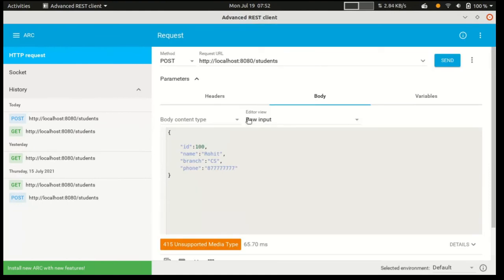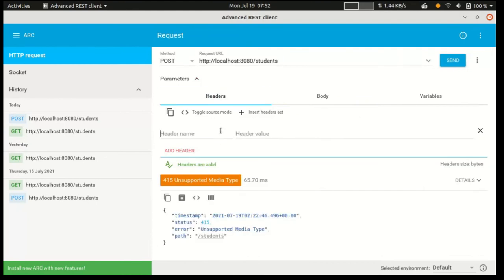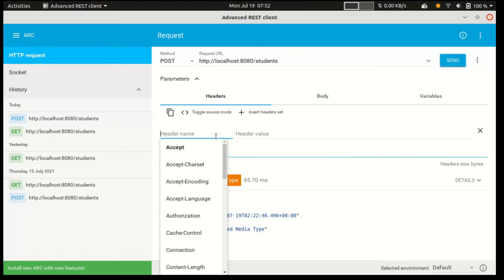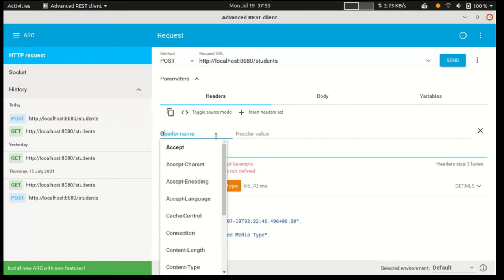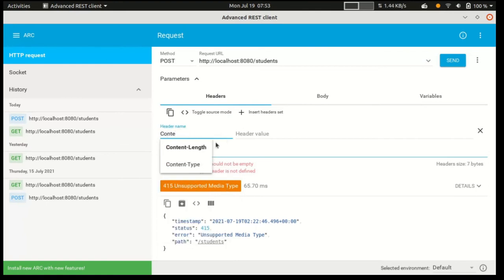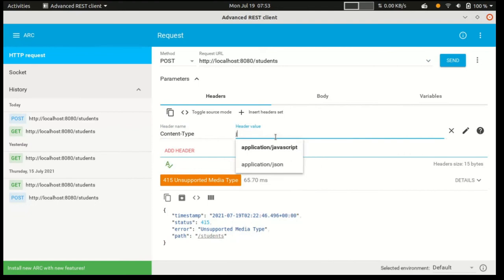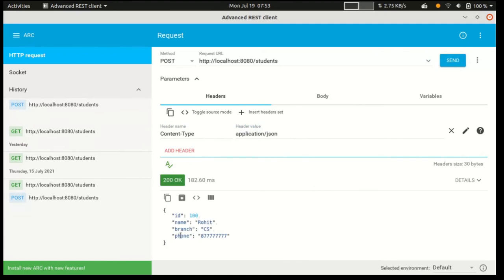Why? Because we have to select JSON data here. So just go to header and add one header, content type is JSON format. That's it. Let's send. Now it is created.